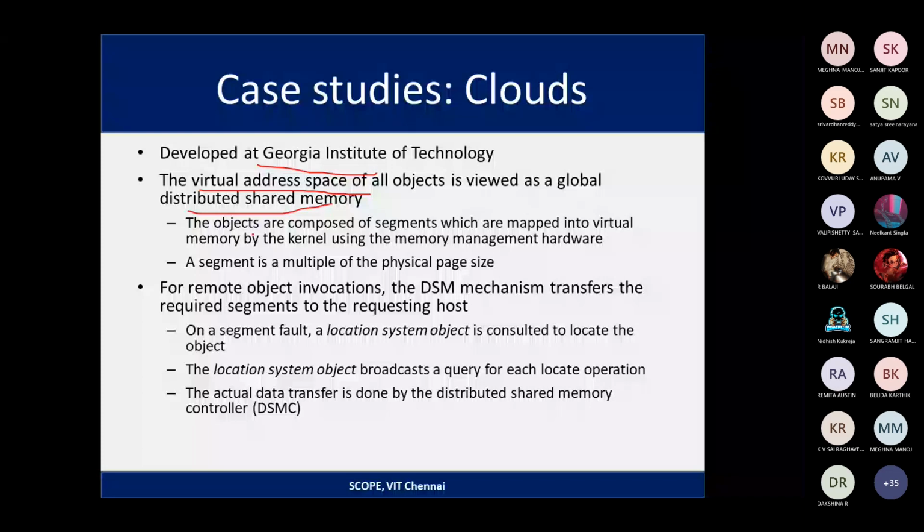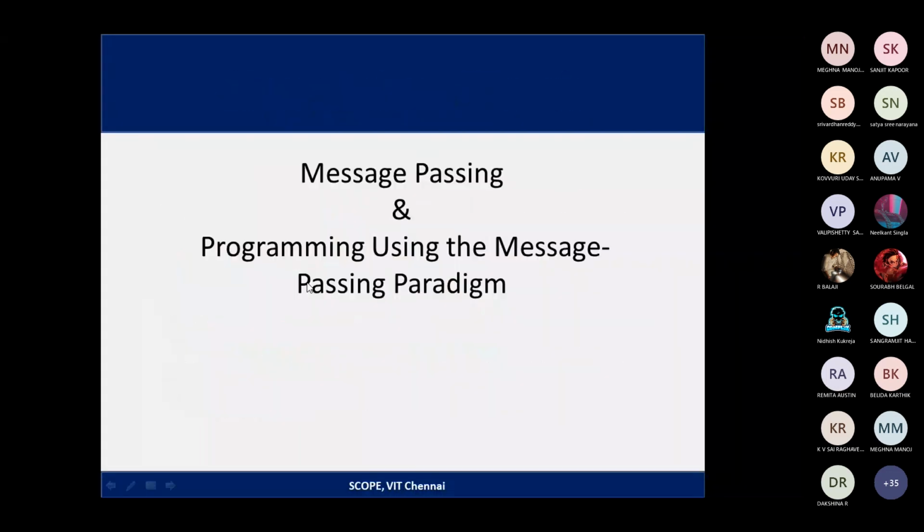A segment is a multiple of the physical page size. If there are remote object invocations, the DSM mechanism transfers the required segments to the requesting host. On a segment fault, a location system object is consulted to locate the object. This location object broadcasts the query, and the actual data transfer is done by the DSM controller.